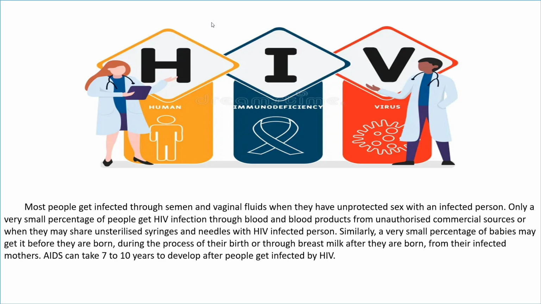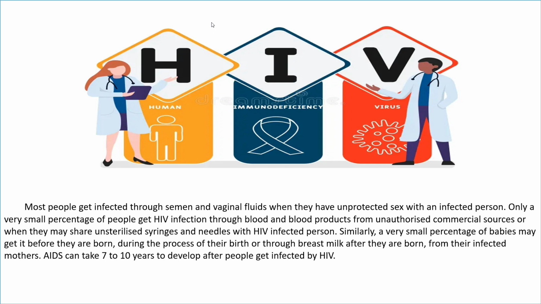All right. Only a very small percentage of people get HIV infection through blood and blood products from unauthorized commercial sources, or when they share unsterilized syringes and needles with an HIV infected person. Now what does it say? It says that the number of people who are getting HIV AIDS from unprotected sex is very, very large, which means there are many, many people who are practicing this